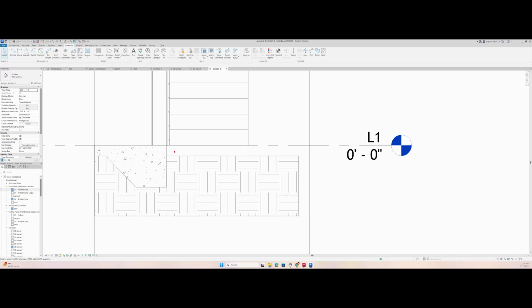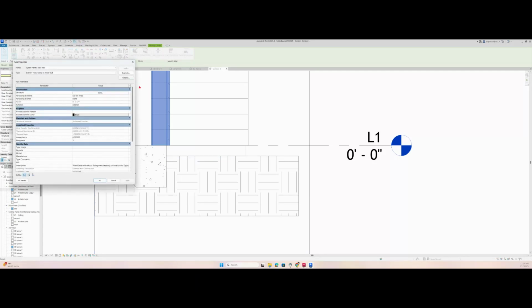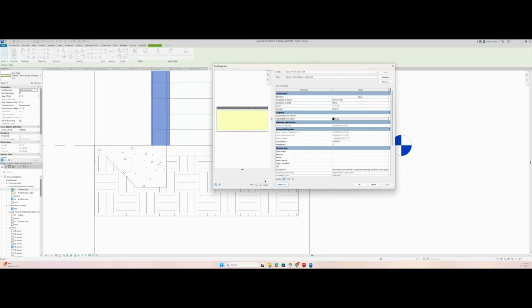Okay. So I'm leaving this one here because I can do the sidewalk, or I'm going to do a few things here, right? Like on the previous video, I showed you that we can select this wall, go to edit type. We need to pull the preview under a section view, right? Section view here,